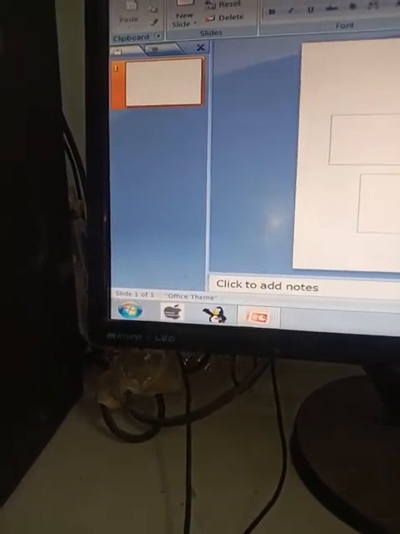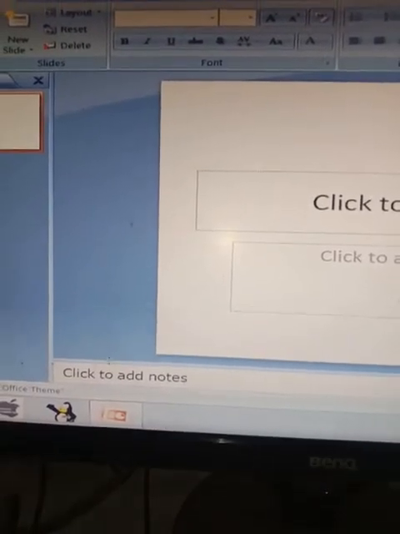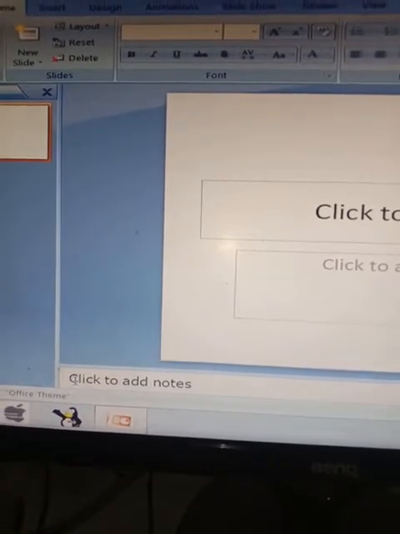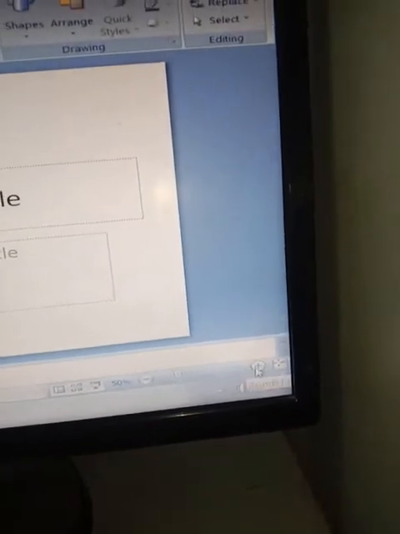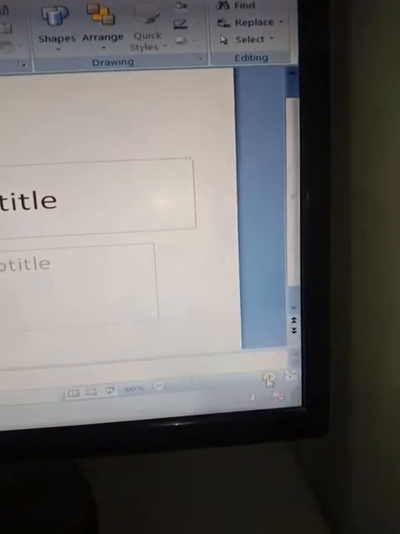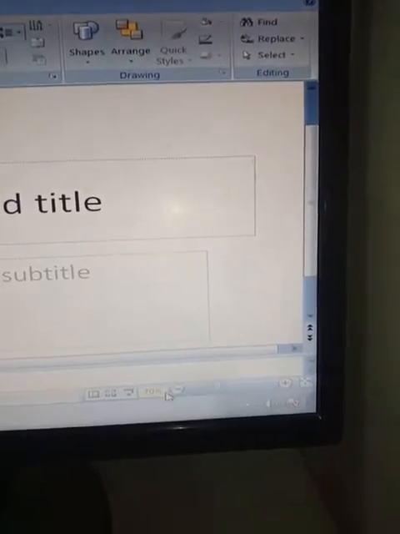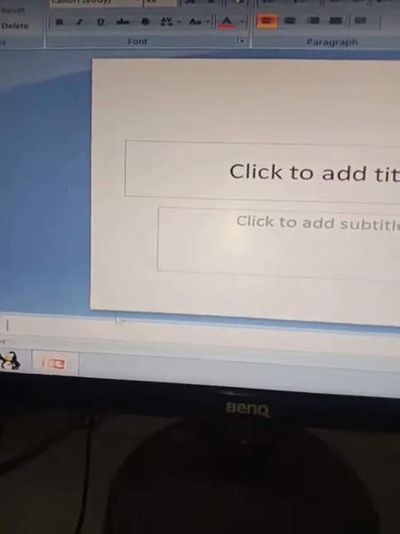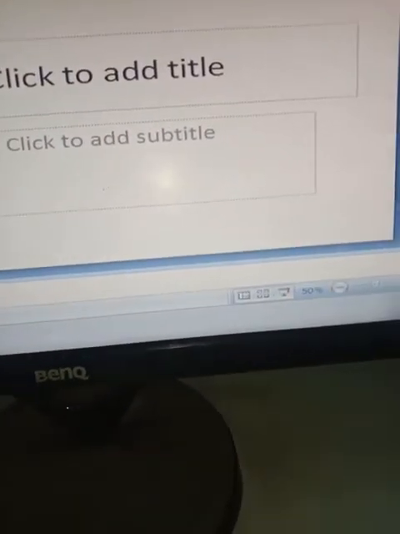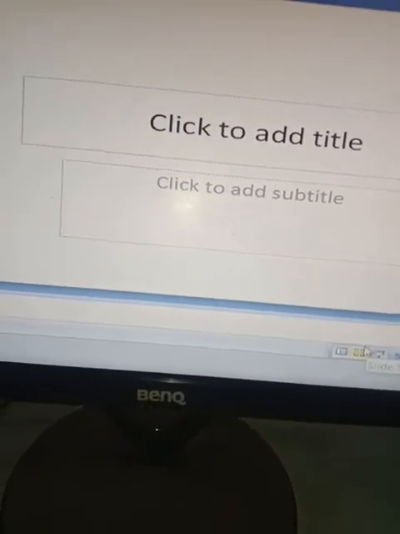So now the next is the notes section area. This is the notes section area where we can type any of the notes regarding the slides that we are creating. Next is the zoom control. This is the zoom control in the status bar over here. When we click on the plus sign, the zoom increases. Look over here, the zoom got increased, and when we click on the minus sign, the zoom got decreased. Next we have the status bar. The bar at the bottom of the window, like the slide one, this is the status bar. It contains the slide numbers over here, the view buttons, the zoom, etc. So all these are present on the status bar.